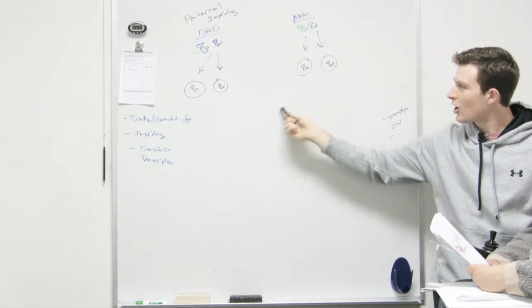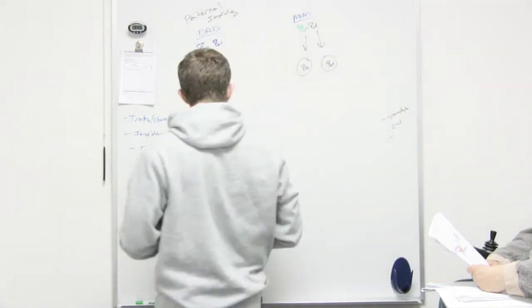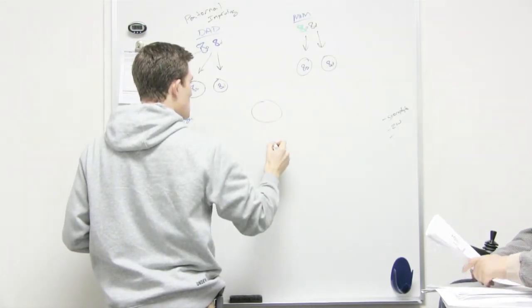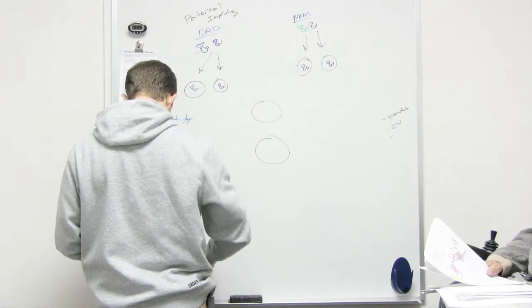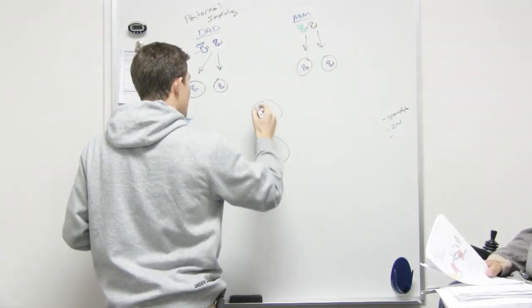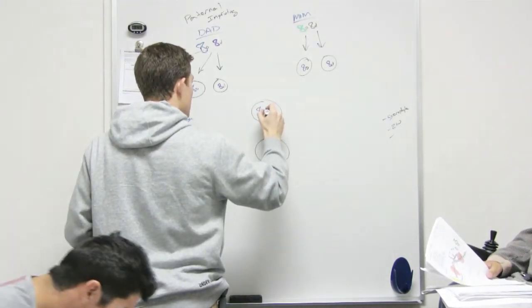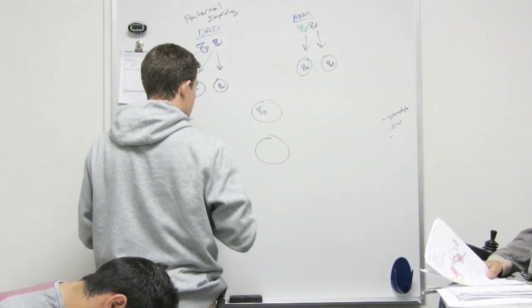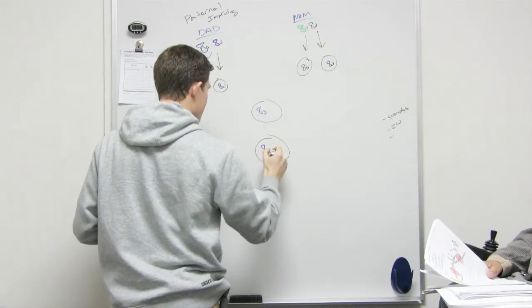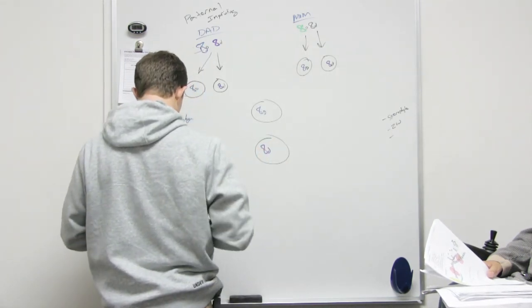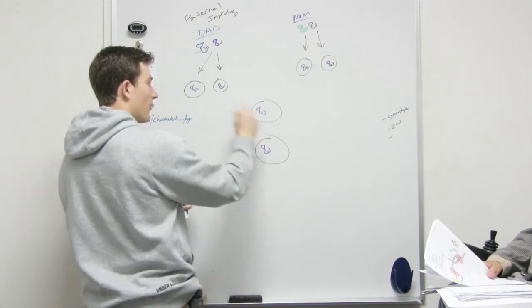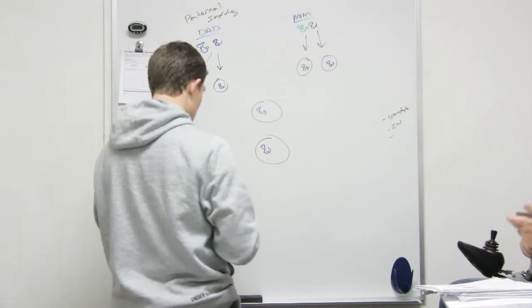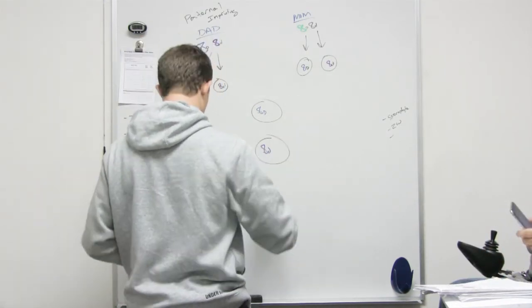And so any combination that we could have here, if we had, no matter what, these coming from dad are imprinted. These ones that come from mom,